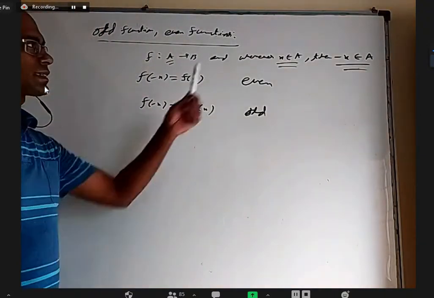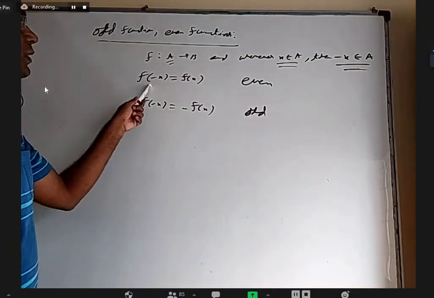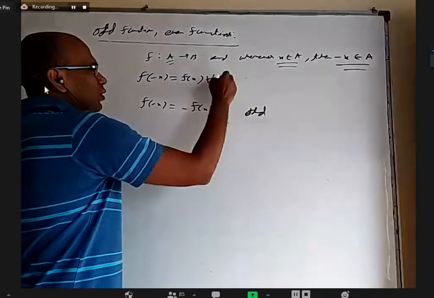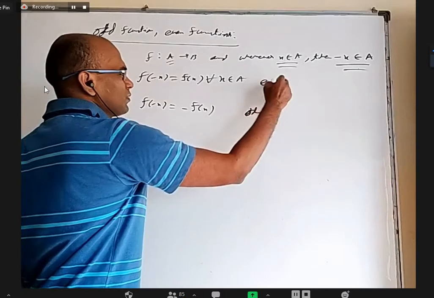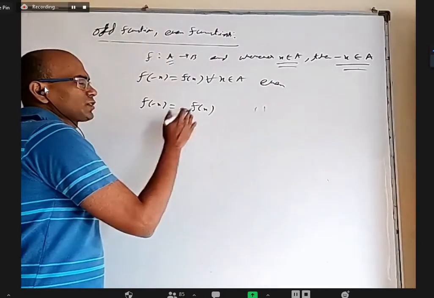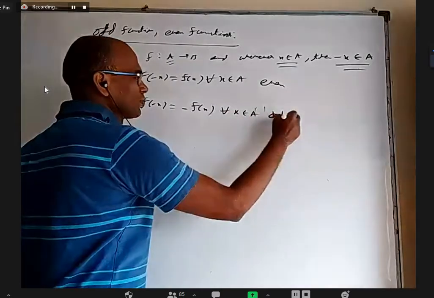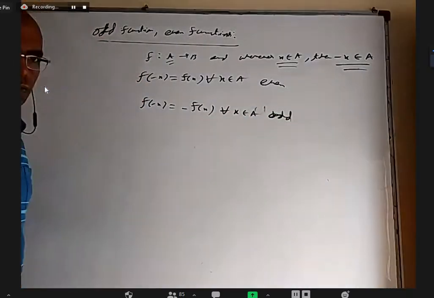For such functions, if f of minus x equals f of x for all x belonging to A, then it is an even function. And if f of minus x equals minus f of x for all x belonging to A, then it is an odd function. Just to give some examples,